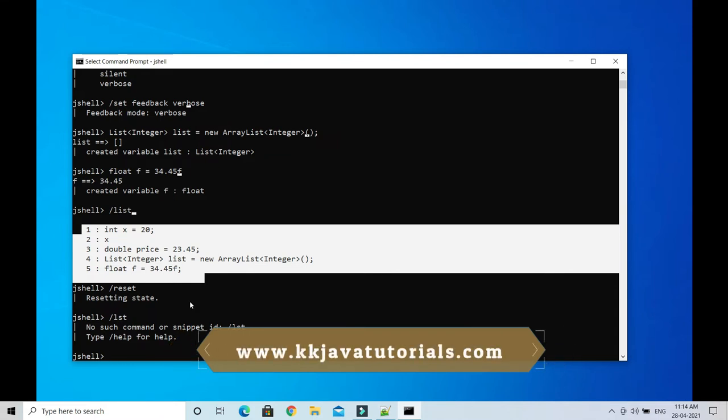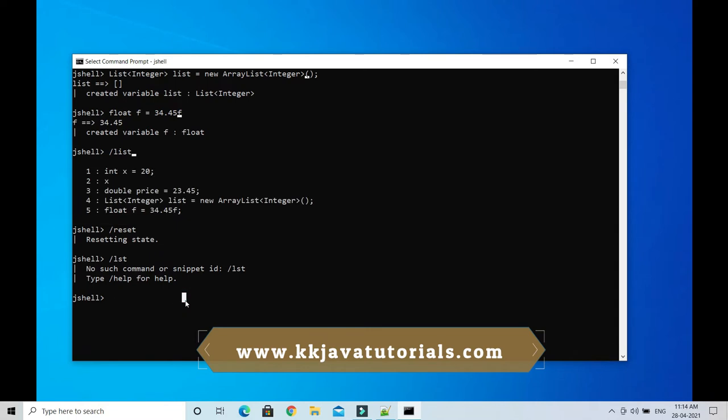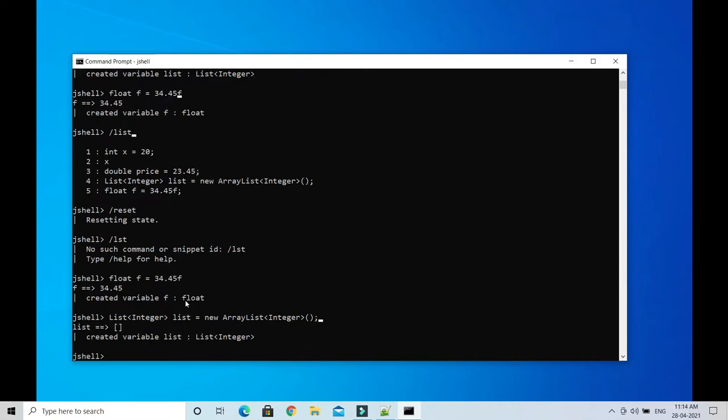Now let's create some variables again after resetting. I have created the float variable. You just have to press the up arrow, so that you can get the previously typed command.